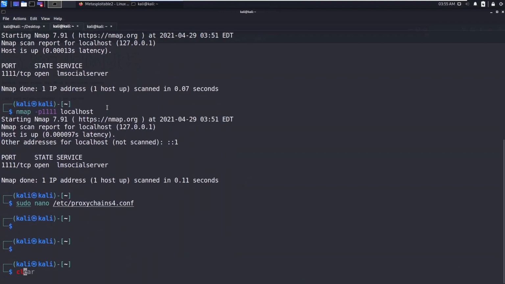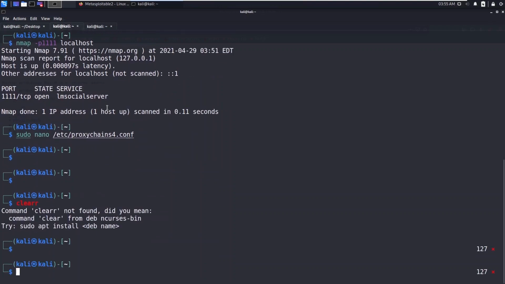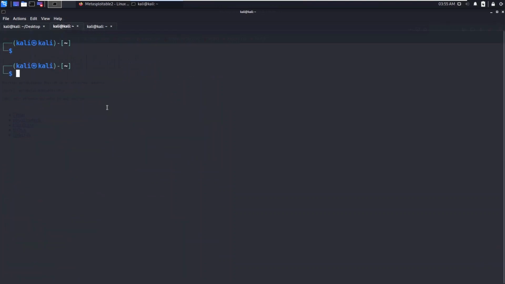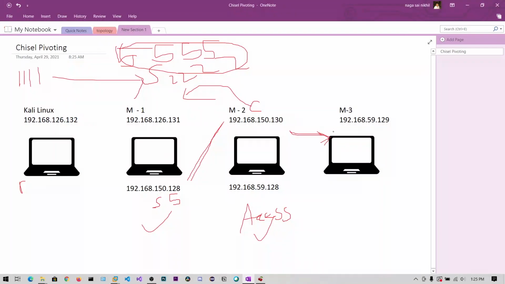So I think now we have successfully pivoted. To test, let's say 59.129, which is the last box. We have the 1111 opened, and it is connected to this SOCKS, which is connected to this SOCKS, which will be forwarded to this box.